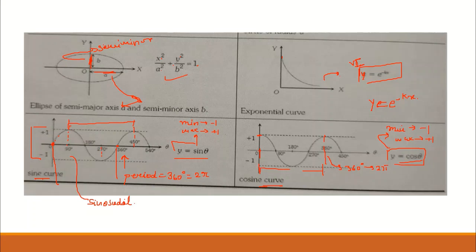Look at the values. Sine 0 degree we have 0, that we are getting here. Sine 90 we have 1. Similarly in the cos we have cos 0 is equal to 1. So at cos 0 we are getting value 1. The cos 90 we are getting 0 value. So these are the pretty important graphs for your entire physics and maths.